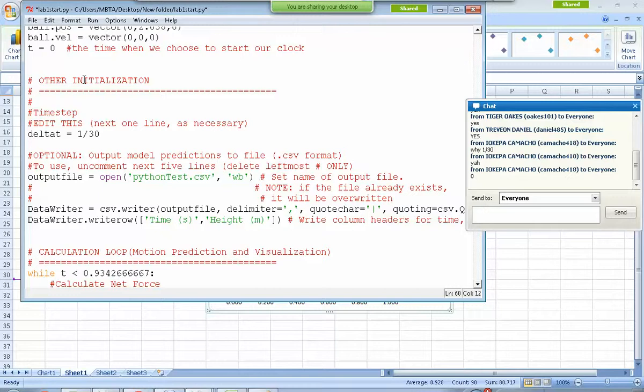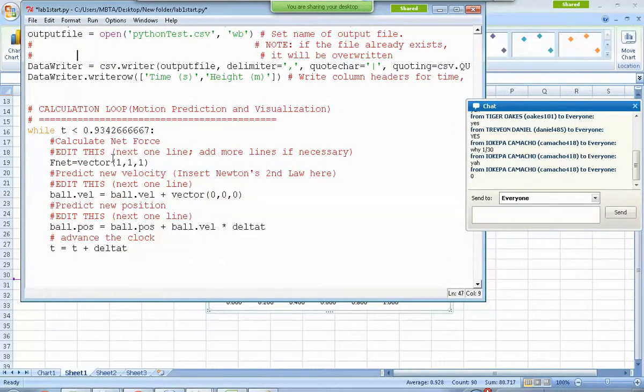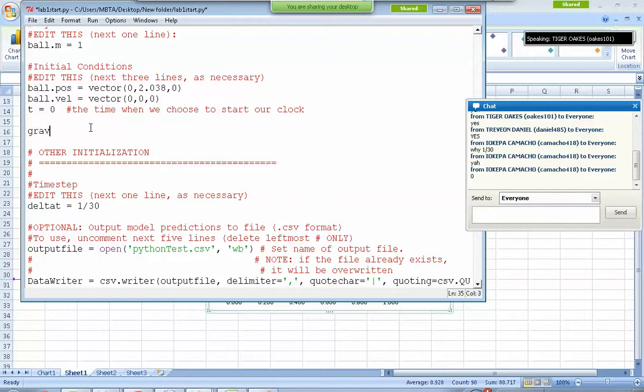Alright, here we go. Here's what I'm going to do. Tell me if you guys are confused by this. I hope you're not. I'm going to call something, let's see. How did I do this earlier? I forgot. Alright, here's what I got. I'm going to add in gravity. Got it? Now, gravity is equal to